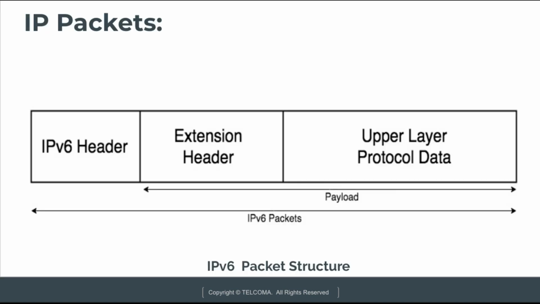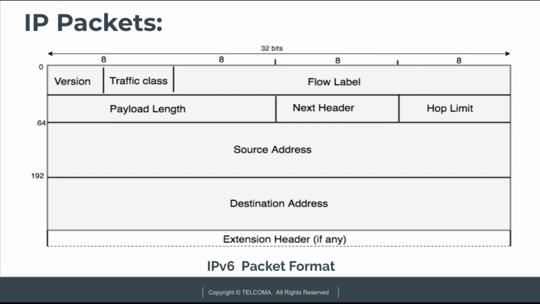Next, this is an IPv6 packet, and here this IPv6 packet consists of IPv6 header, extension header and upper layer protocol data. So these three together constitute and make the IPv6 packet. So let's discuss about the IPv6 header. Here the IPv6 header will have fields like version, payload length, next header, source address, destination address and extension